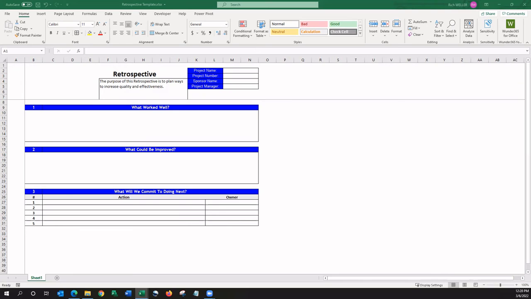Hi, this is a retrospective template. The purpose of this retrospective is to plan ways to increase quality and effectiveness. The retrospective event or ceremony actually was born from our agile project management world. But what I've found, retrospectives are very helpful in many facets of things that we do anytime we're looking to